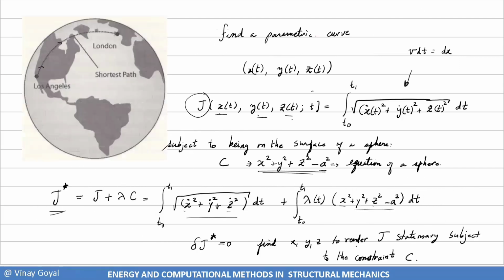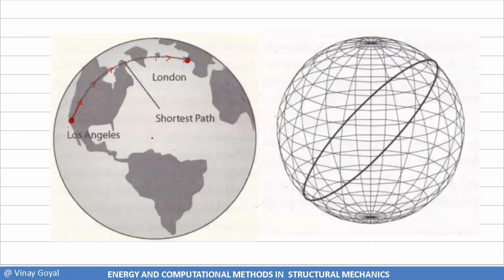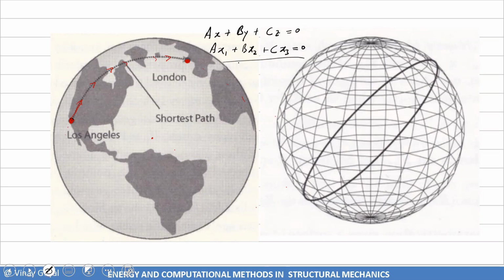It is going to be ax plus by plus cz equals 0, or ax1 plus bx2 plus cx3 equals 0, which is a plane that goes right through the center, and when it intersects the sphere, in its essence, we're talking about a circle,